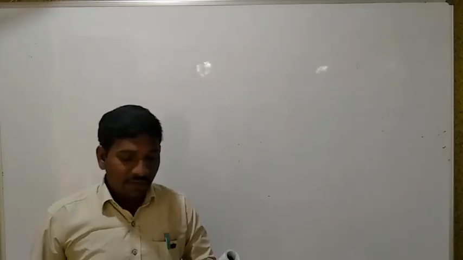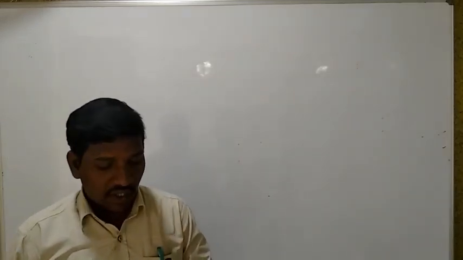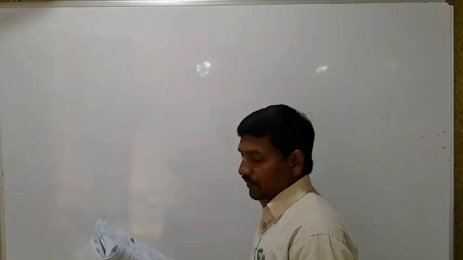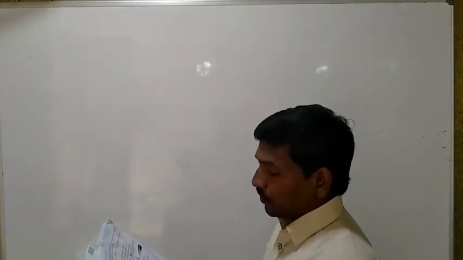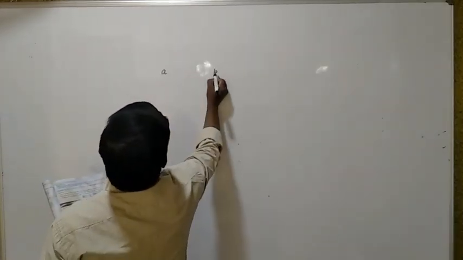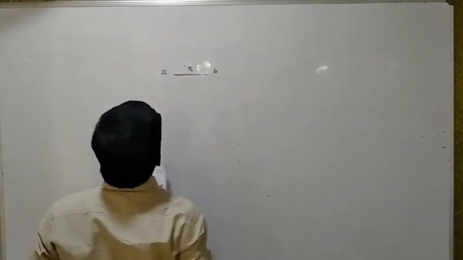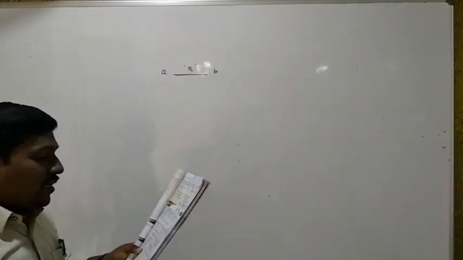If n arithmetic means are inserted between two quantities a and b, then their sum is equal to, here n arithmetic means between a and b. Here a and b. How many arithmetic means are there? N arithmetic means. Then their sum is equal to